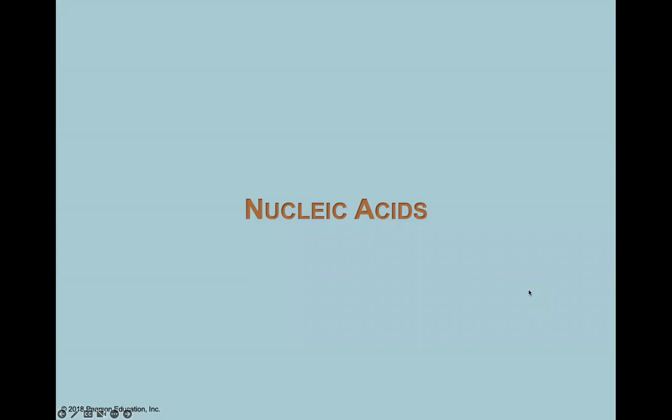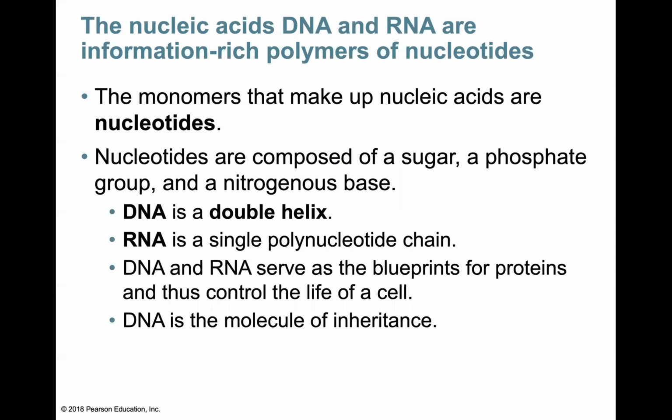All right, so our last class of biological molecules are the nucleic acids. The nucleic acids, DNA and RNA, are information-rich polymers of nucleotides. So in this case, the monomers that make up the nucleic acids are nucleotides. Nucleotides are composed of a sugar, a phosphate group, and a nitrogenous base. I do want you to be able to detail the structure of a nucleotide, as the nucleotides are the building